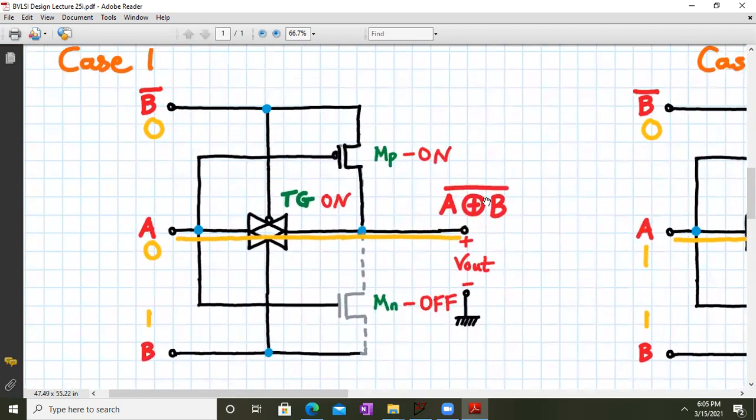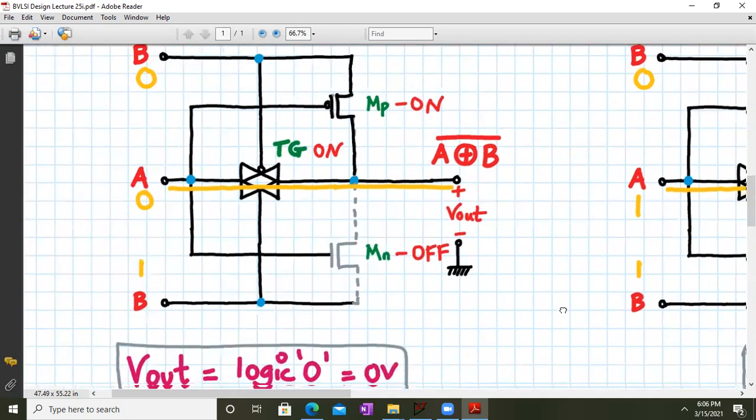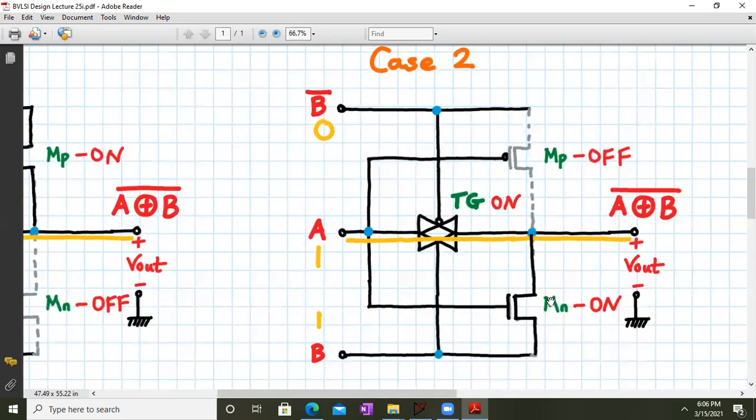Okay. Your PMOS transistor is also on. Well, it is not that significant because it will pass a weak logic 0 basically. But we already have a second path which is passing a strong logic 0 via the transmission gate. So that is only shown in the picture. Now, let us go to the next case.